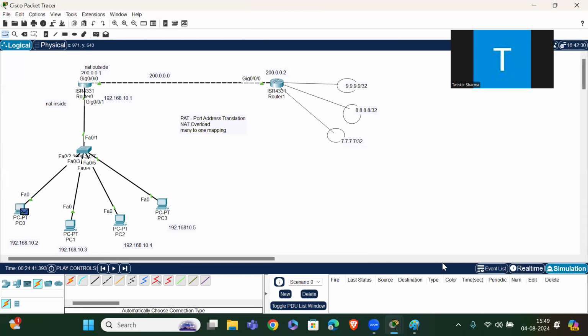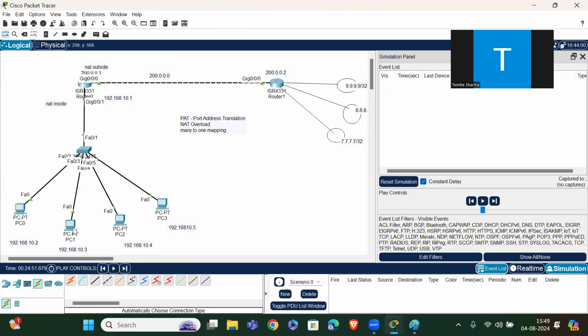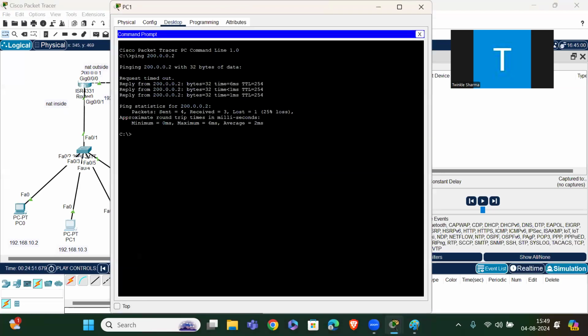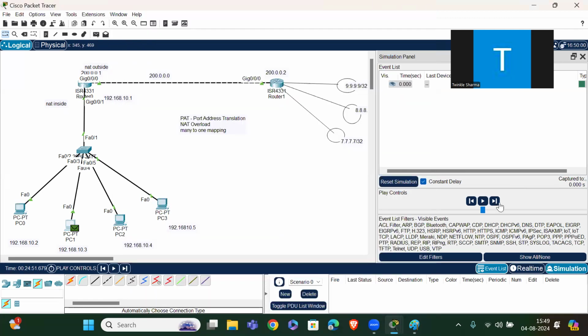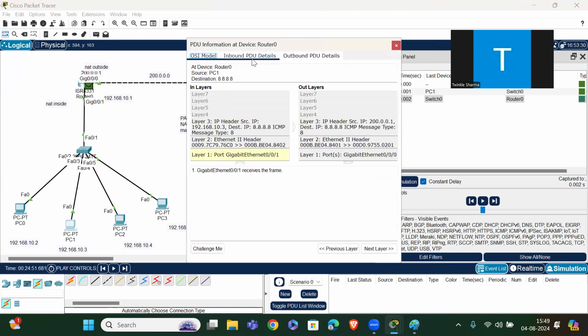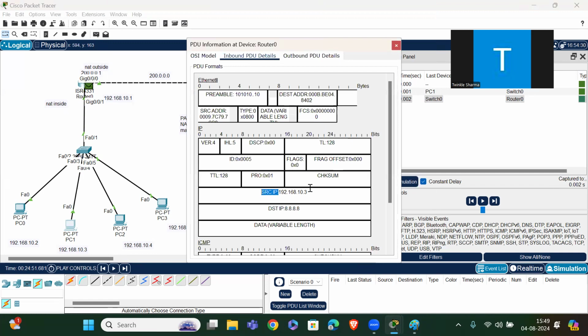Let me do it through PC1 and ping 8.8.8.8. Okay, generated the ICMP message. Here, let me check. The source IP is 192.168.10.3, destination is this. Source IP is 200.0.0.1 and destination is this.